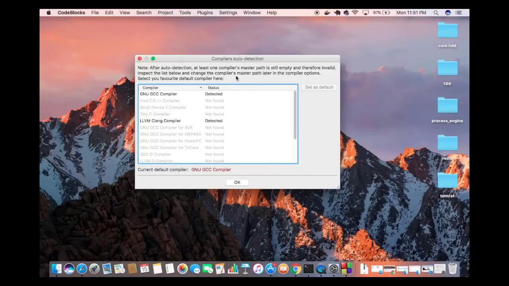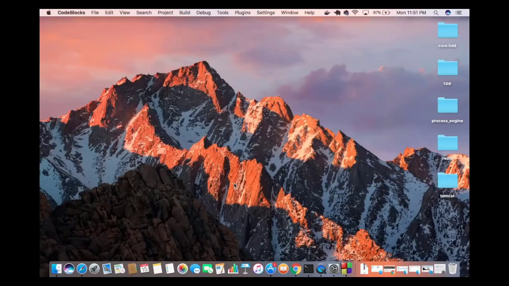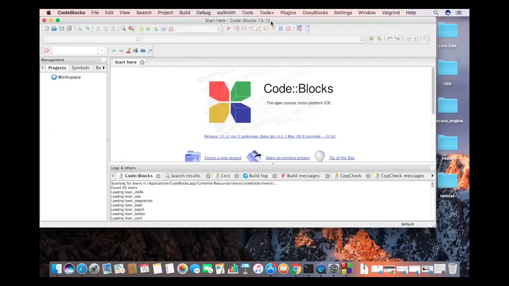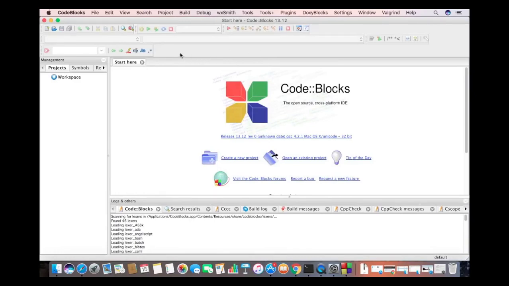And for the first time when Code::Blocks opens, it's going to find the compilers which are installed on your Mac operating system. So by default on my Mac, the GNU GCC compiler is detected, and the LLVM Clang compiler is detected. So I will leave everything as default for now, which is the GNU GCC compiler for me. But whatever is default for you, you just need to leave it as it is, and then click OK. And you can see now this Code::Blocks IDE is opened on our Mac operating system. So let's create a project. So I'm going to just click